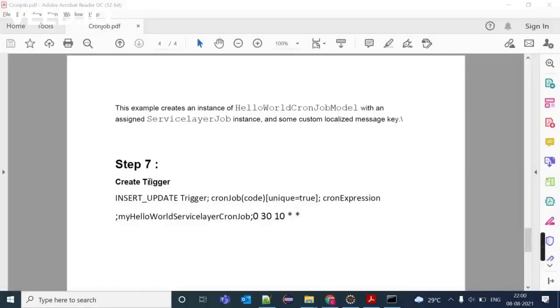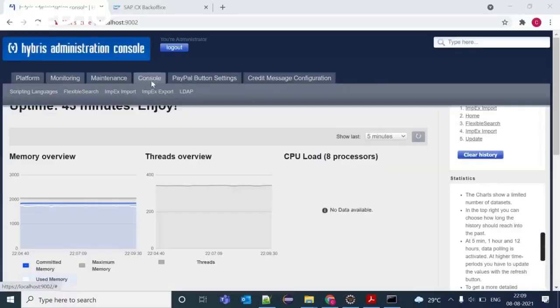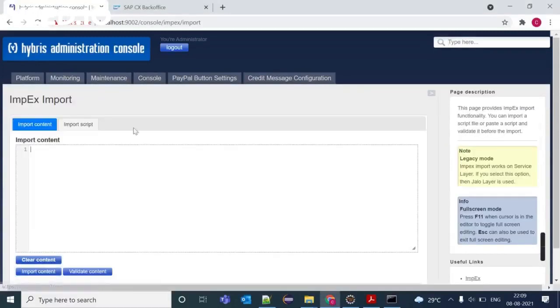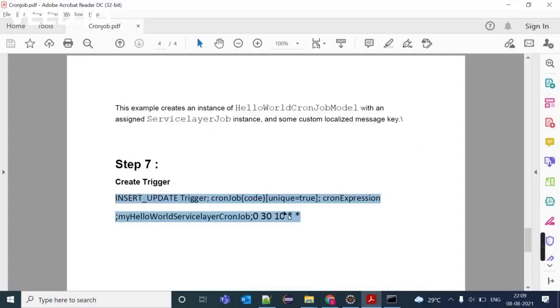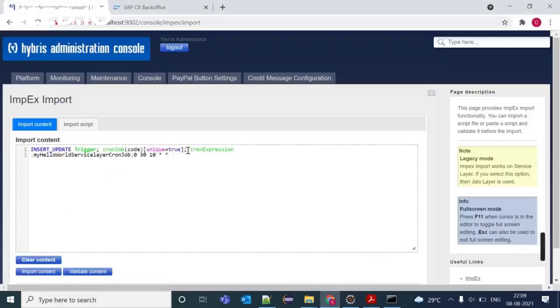Next step is we need to create a trigger. Here I am copying this, going to HAC console, and opening import, export, import. Copy this and put it here. Here we need to set the cronJob attribute. You need to give the value which we have set in the cron job.